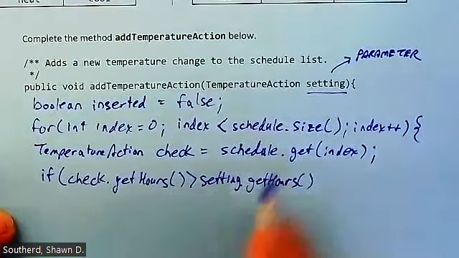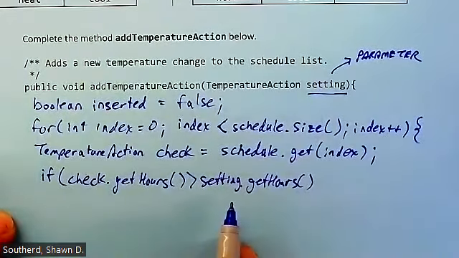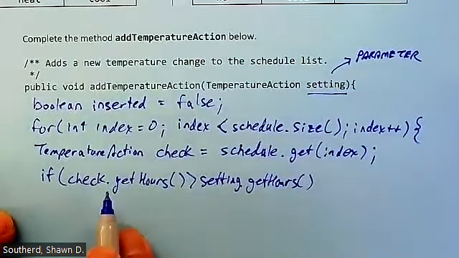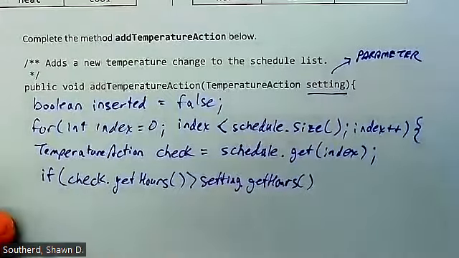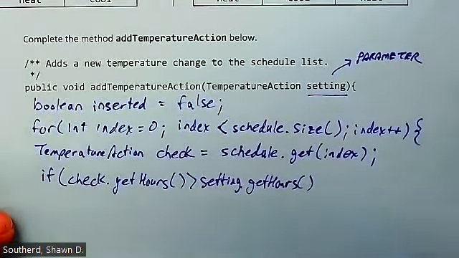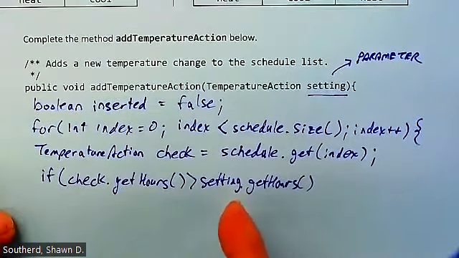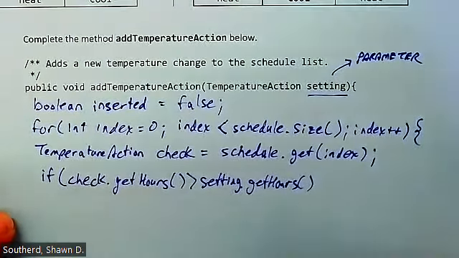Right. So in other words, is the new setting coming in as the parameter, is that hour earlier than what's already in the array list for that index I'm looking at? Okay. And we know that one of the conditions with the array list was it's already in numerical or chronological order. So if this is the case, then we know that my new setting is earlier than the current setting